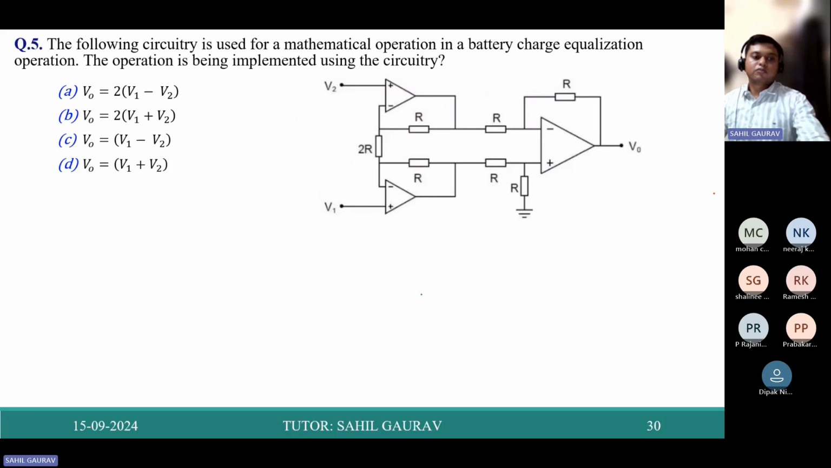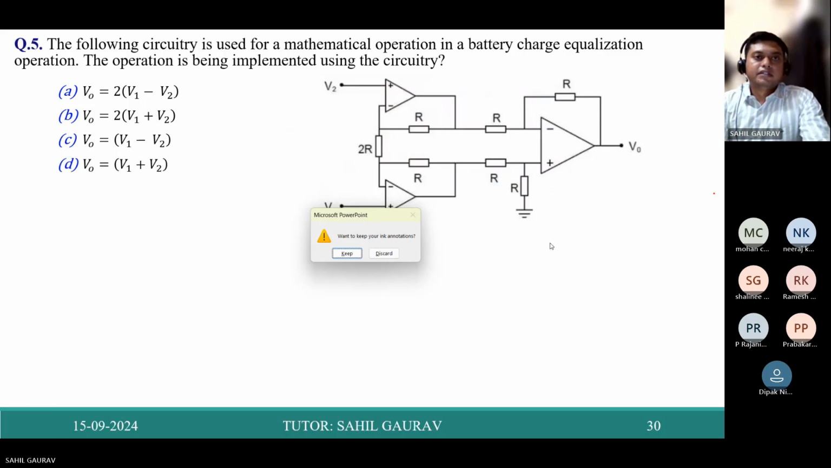Now let us see the next problem. The following circuitry is used to